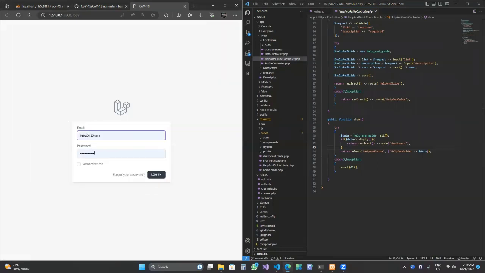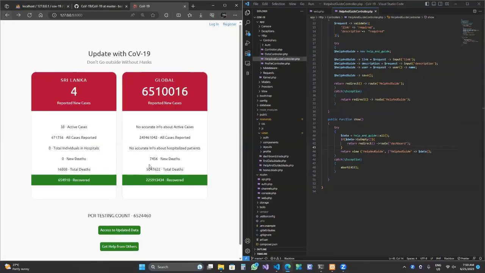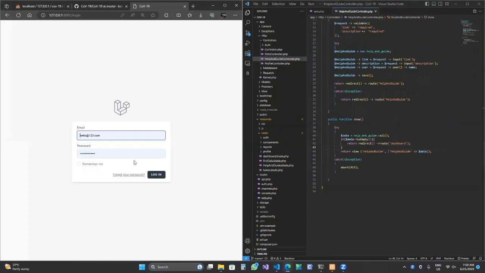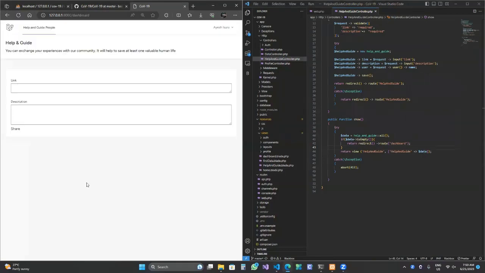That's why we get this screen to log in to the app. So if we log in, this will redirect us to the page where we can add a link and description. So if we go back,